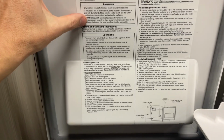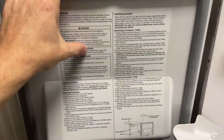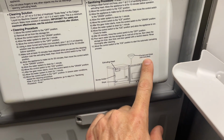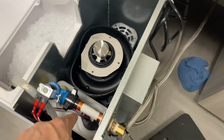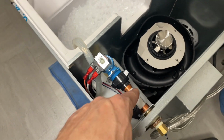There are actually cleaning instructions on the inside of the front door. They actually have this funnel and hose that you can buy from Hoshizaki. I don't have it. You can use that, but I do it this way because I have to get in here and clean out the water trough, as well